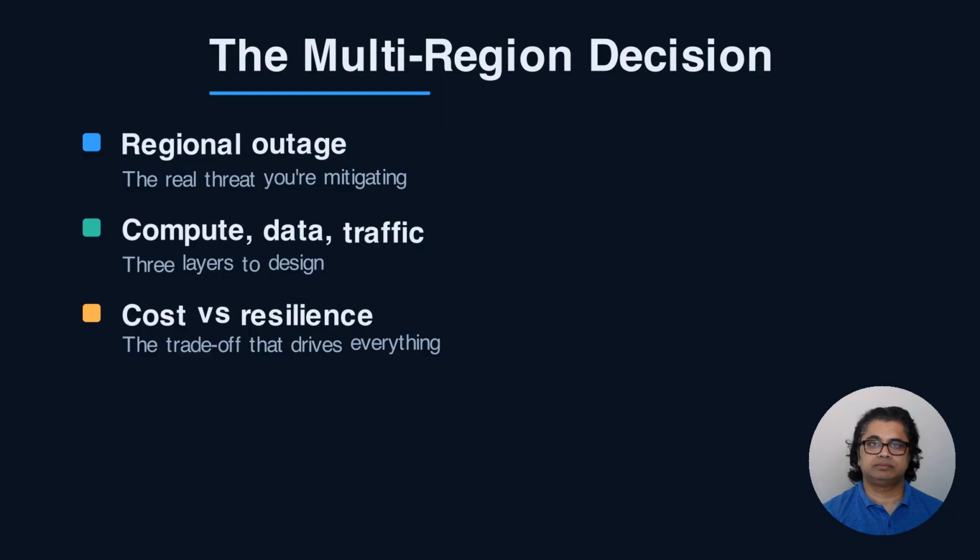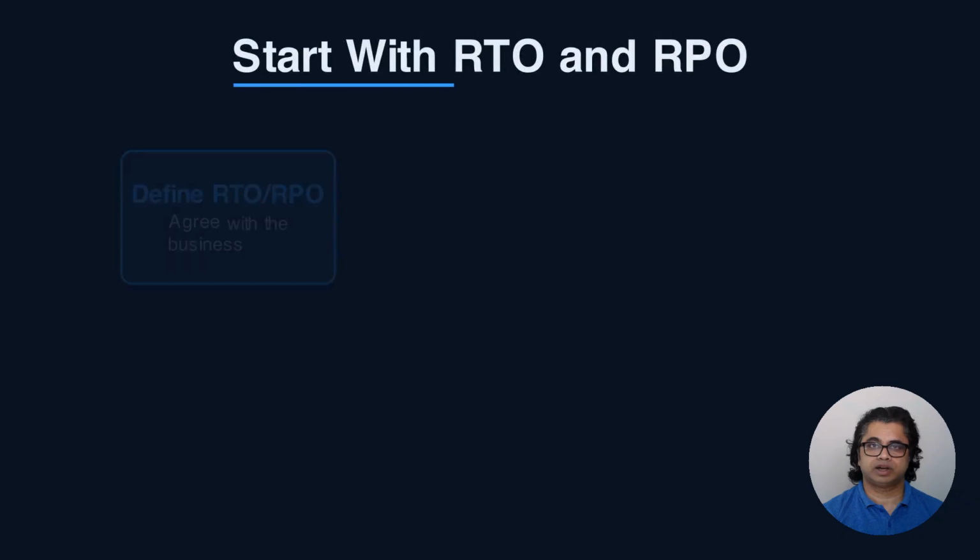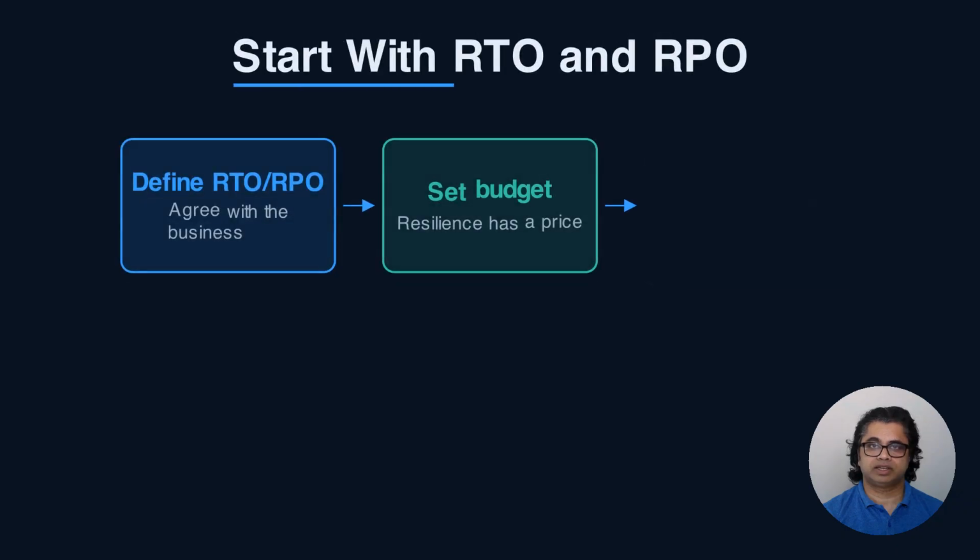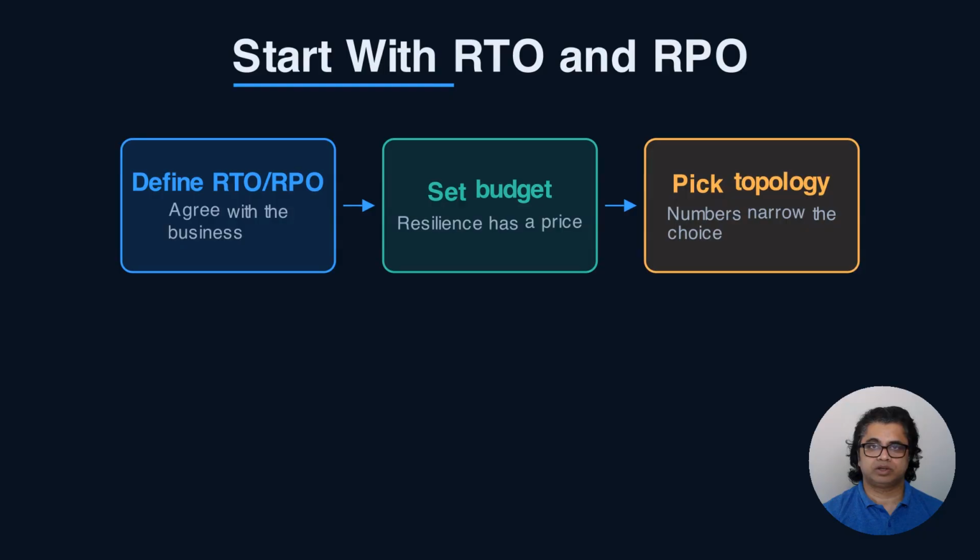a real failover. The two numbers that drive every decision are recovery time objective, RTO, how long you can be down, and recovery point objective, RPO, how much data you can afford to lose. If your business tolerates a few hours of downtime and a few minutes of data loss, a warm standby is plenty. If you need near zero downtime and zero data loss, you're committing to active-active with synchronous data paths, and